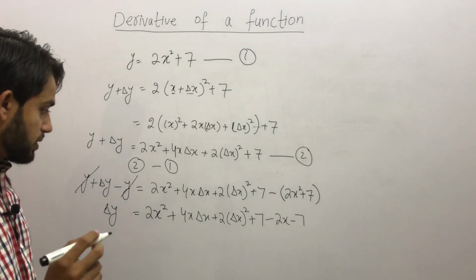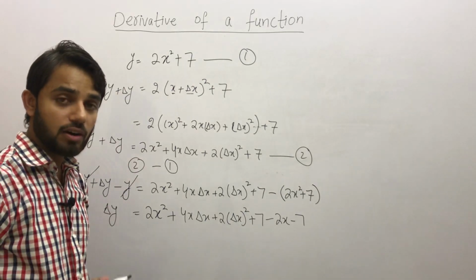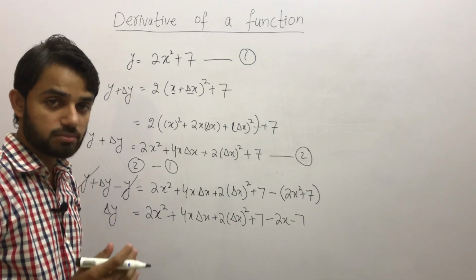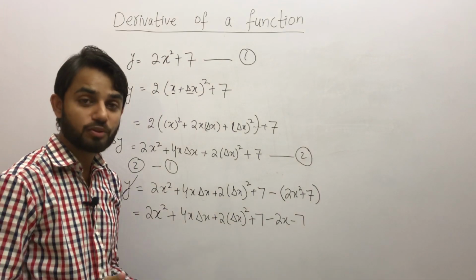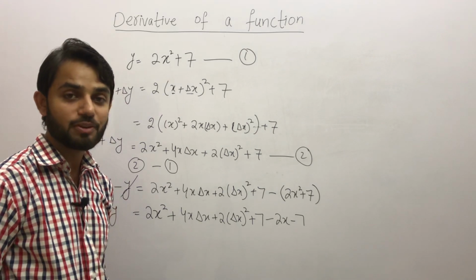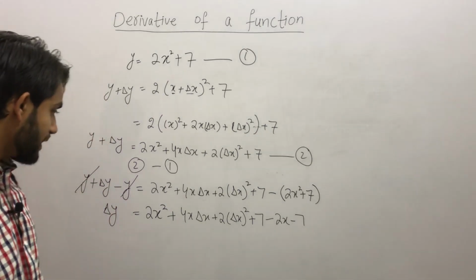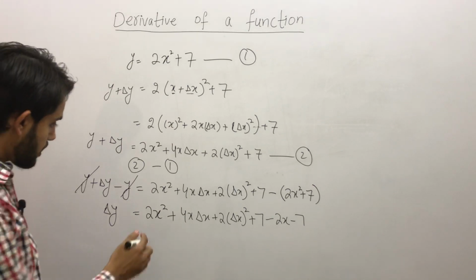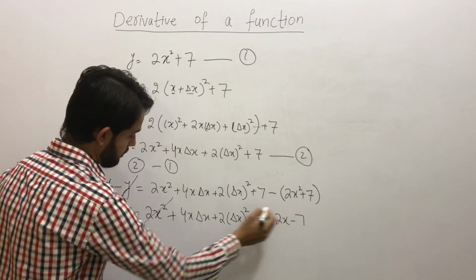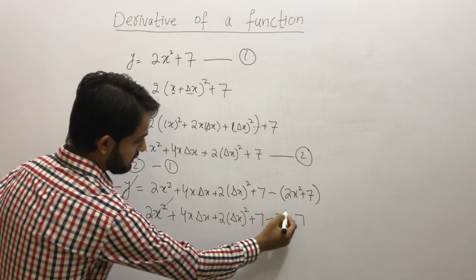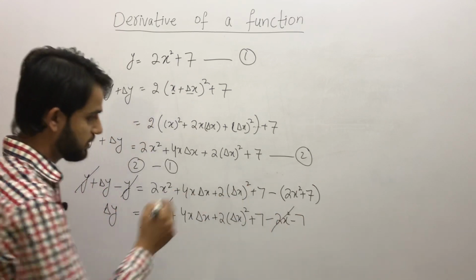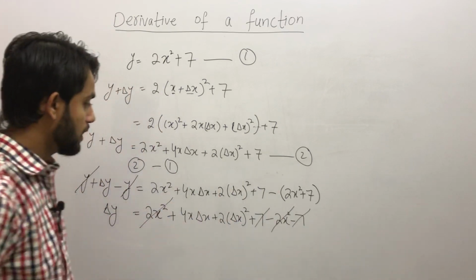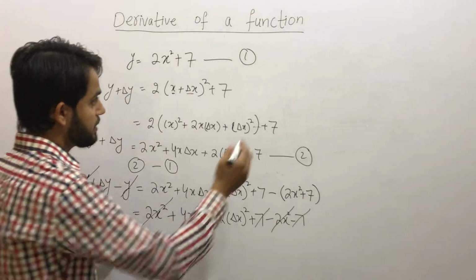Now, you know, the beauty of math is that all the calculation is always in your hand. You can make your calculation easy if you want to solve your problem. So to make it easy, I will have a close look at this step and I will see that I can cancel this 2x square with this 2x square and this 7 with this 7. Okay, so we are left with